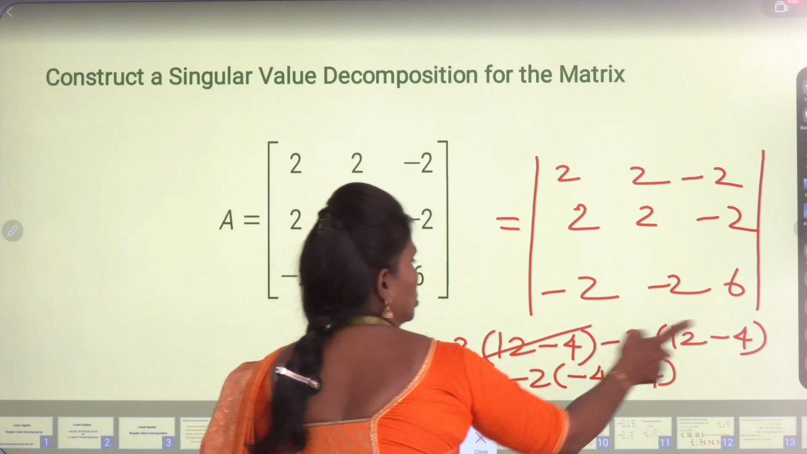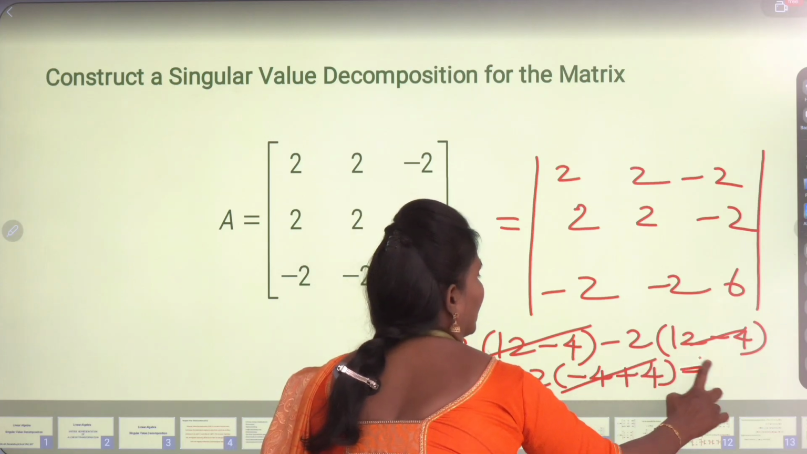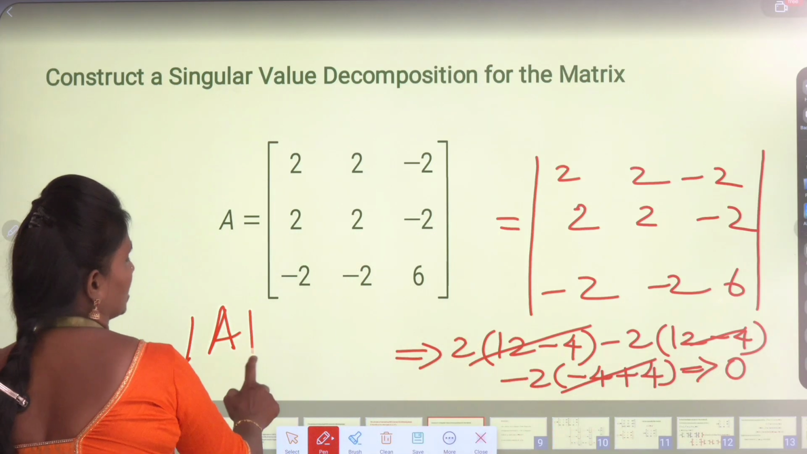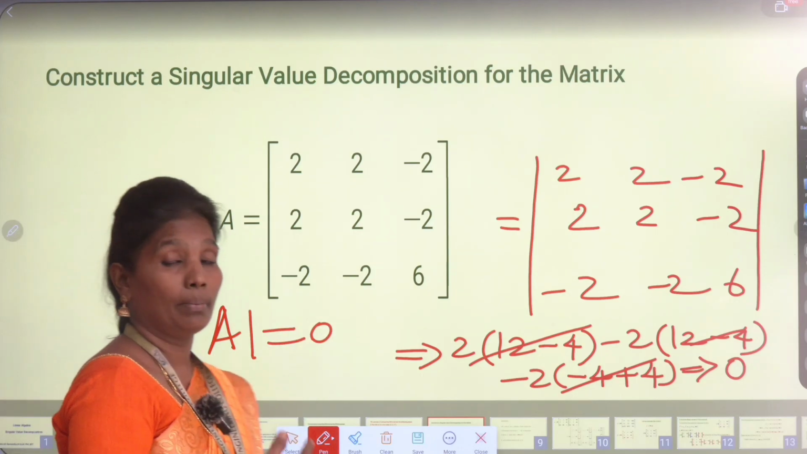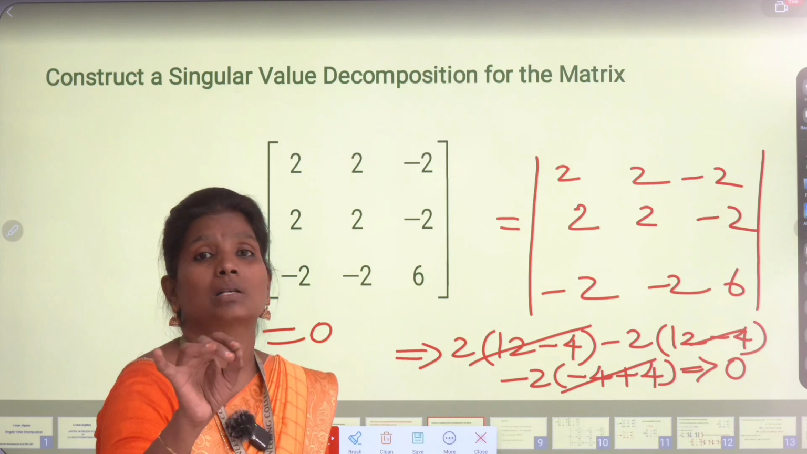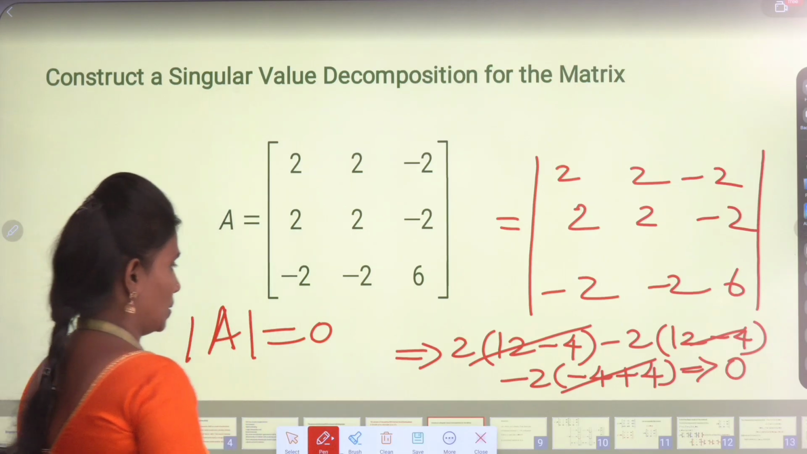You're going to cancel these two things, and the value becomes 0. So our given matrix determinant is equal to 0, which means the matrix is a singular matrix. Suppose...